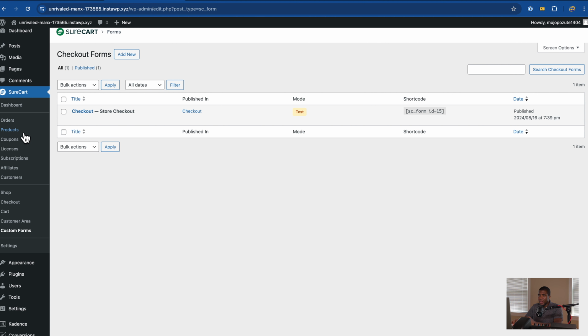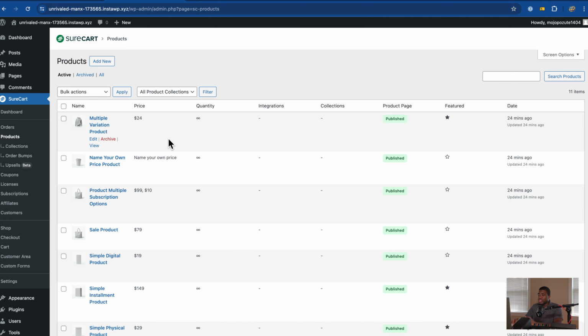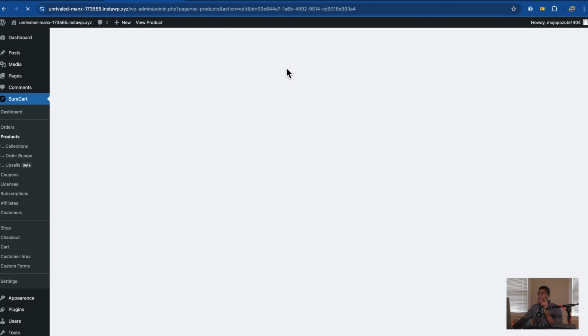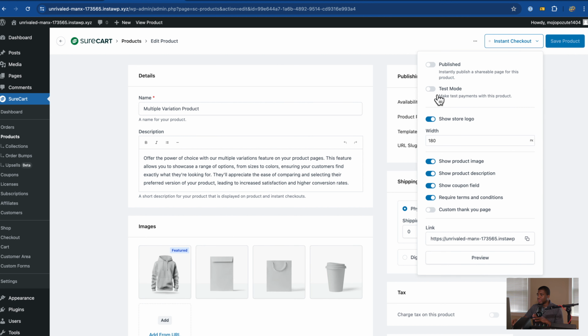Now, when it comes to products, we have some dummy products here. And what I like about SureCart is it makes it very simple for you to create something quick and fast, if you're in a hurry, you just need to whip something up real quick because you got to go out and pick up them kids, or you got to go to the gym, or you got to go to work, or you just got to go somewhere. You ain't got time, right? I like that SureCart, the way that it's set up, you can easily, quickly create an instant checkout page. So if I go here and I click on, let's see, published right there, instant checkout,